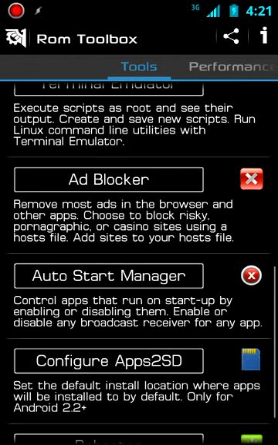This ad blocker is kind of cool because it can block ads that might pop up within certain apps. If that kind of stuff annoys you, you can block it. But the only downside to this is that if you do have that ad blocker enabled and you use the Google Music app, the two of them conflict with each other, and the Google Music app will force close if you have the ad blocker enabled. So anyway,